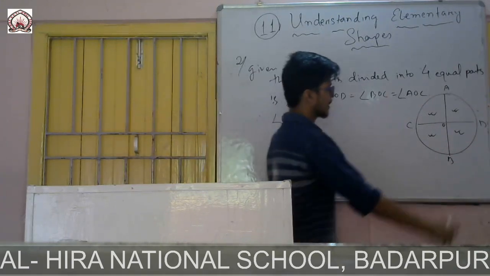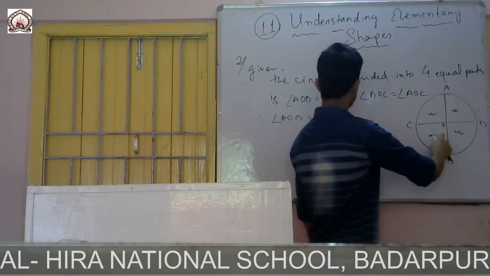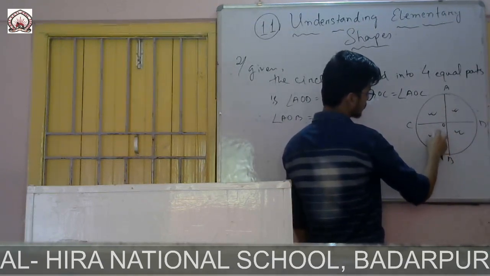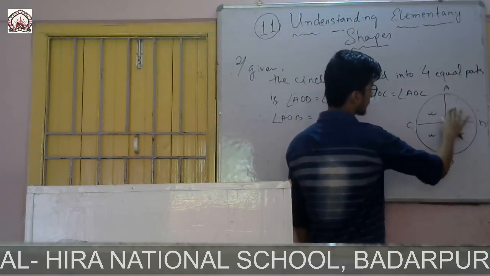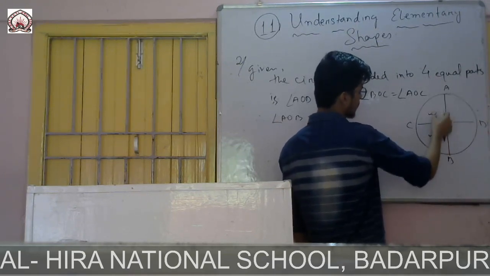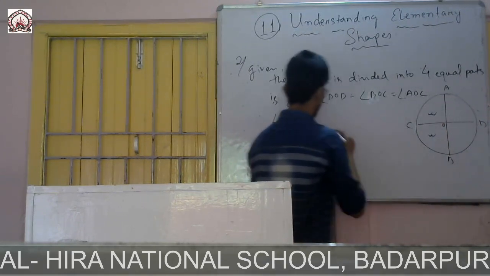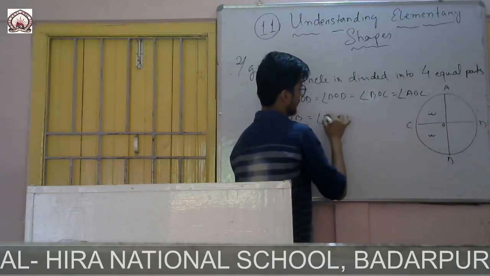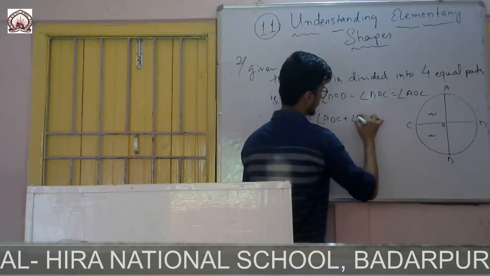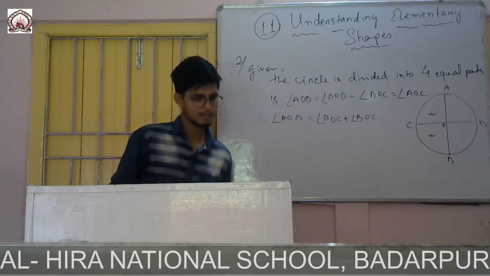So AOB, which one? AOB. So this part, if I write AOB equals, I can write AOB equals this one plus this one also. You see, this is a straight line. This is one part, it is divided into 2 parts. So again, it is given AOB, so I can write this one plus this one. So I will write angle AOC plus angle BOC.